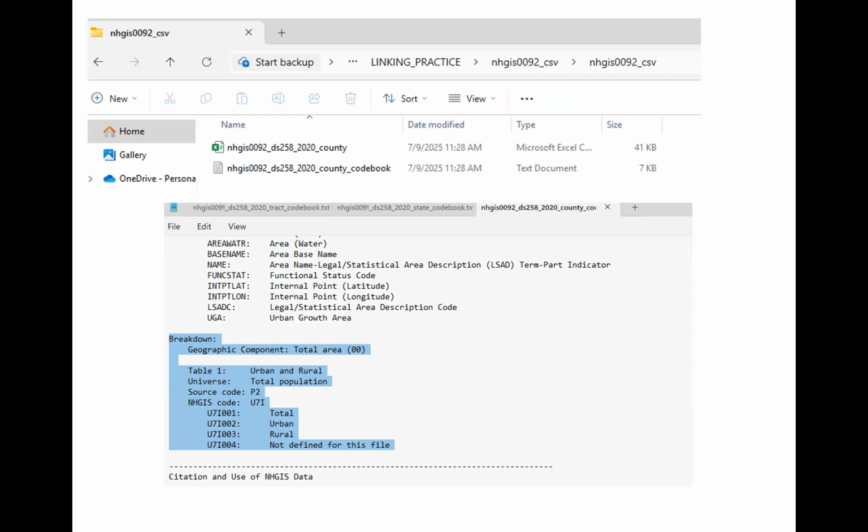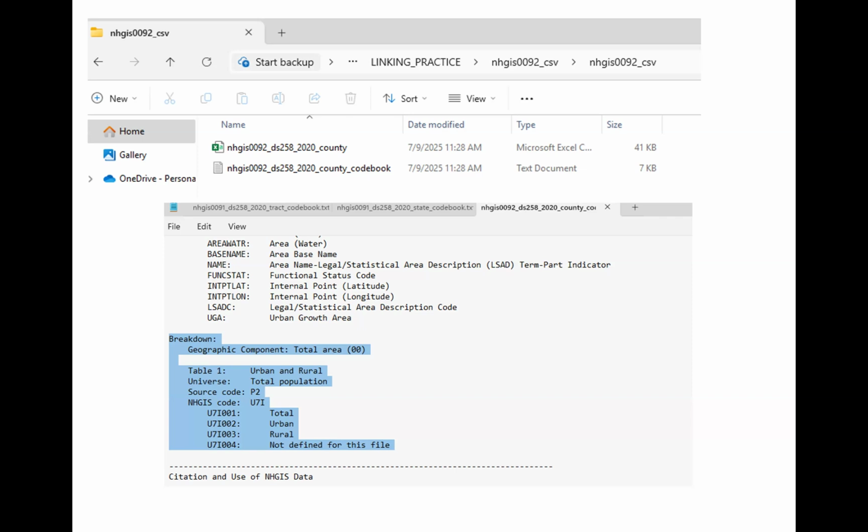Now, not all the variables will be present in all of the data sets. You'll see that there's a set of variables that apply to all of the spatial data, but it may not have values for you. The ones that you're really going to care about in each of your downloads are going to be down at the bottom. So here in table 1, urban, rural,